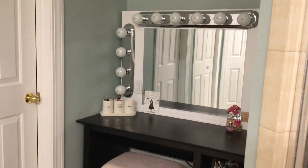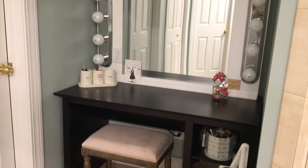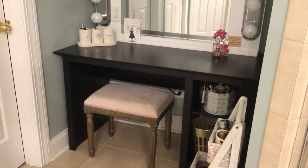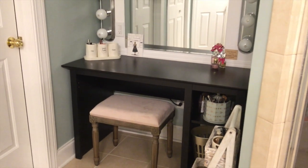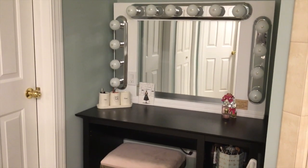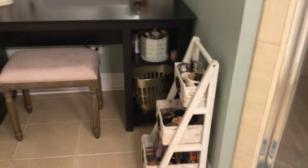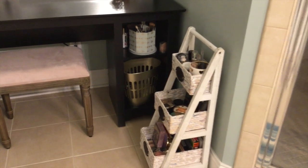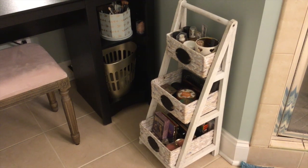So I just wanted to give you guys a quick clip on how the vanity came out. We had been looking and looking for a vanity. I really wanted one that I could restore. So for now, this is what we picked up. It's, you know, nothing great, but it'll do the trick for now so that at least I can use the vanity and the lights. And I picked up this little storage basket because this vanity doesn't really have a lot of storage. So I picked up this little basket at Home Goods,